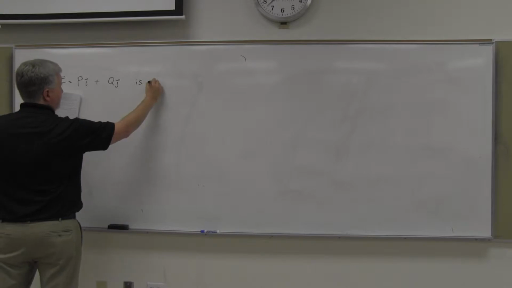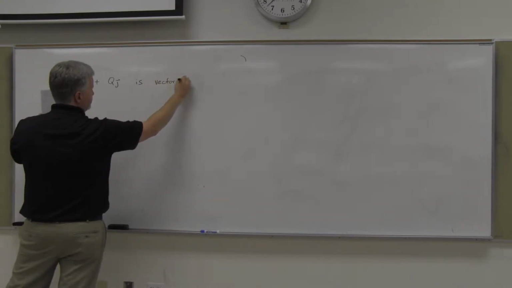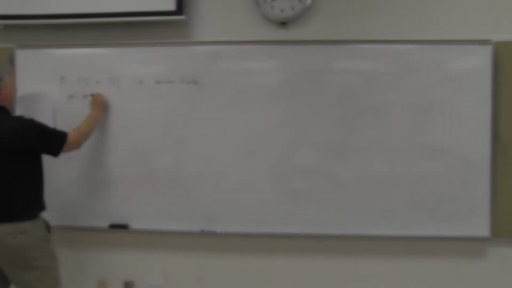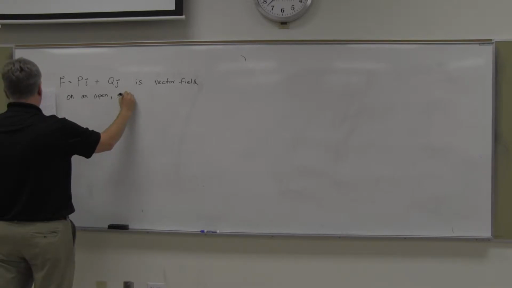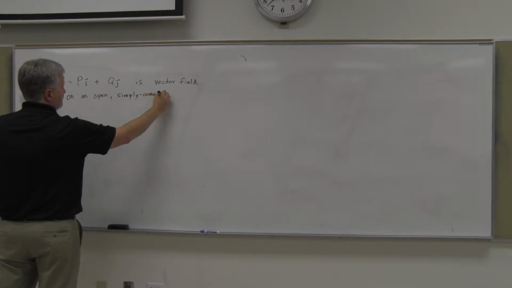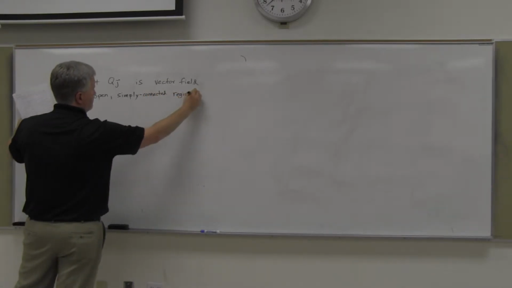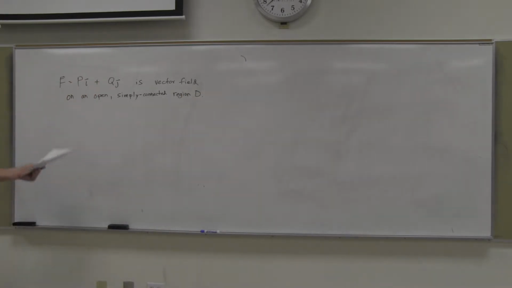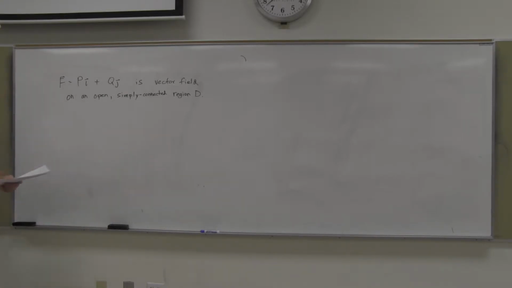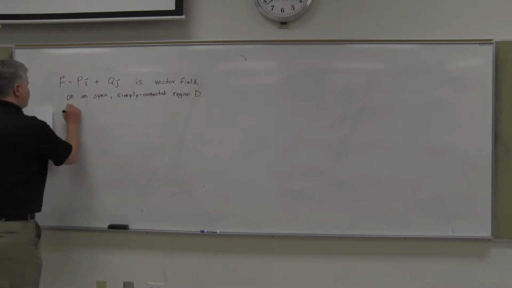F is a vector field on an open, simply connected region D. So what does that mean? Open means boundary points don't have to be included. Simply connected means there are no holes in your region. Then